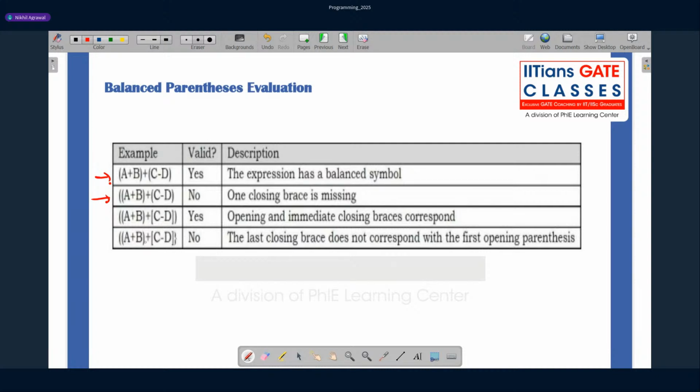No. It's not just about opening and closing, the corresponding match should also happen. Then only we'll say that it is balanced. Guys, can you recall how we used to write the algorithm to identify whether a given expression is balanced?